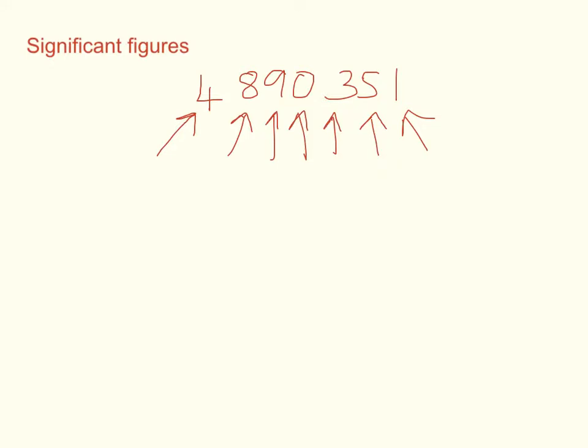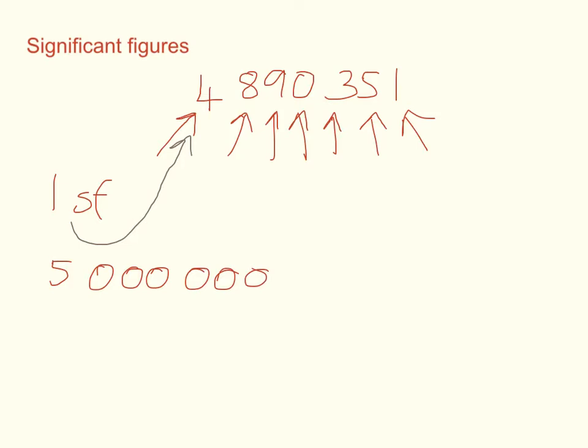So if I ask you to round to one significant figure in this case, we look at the first significant figure, which is the 4. I think about what column that 4 is in. The 4 is in the millions column. So if I want to round to one significant figure, the question is asking me to round to the nearest million. And this number rounded to the nearest million